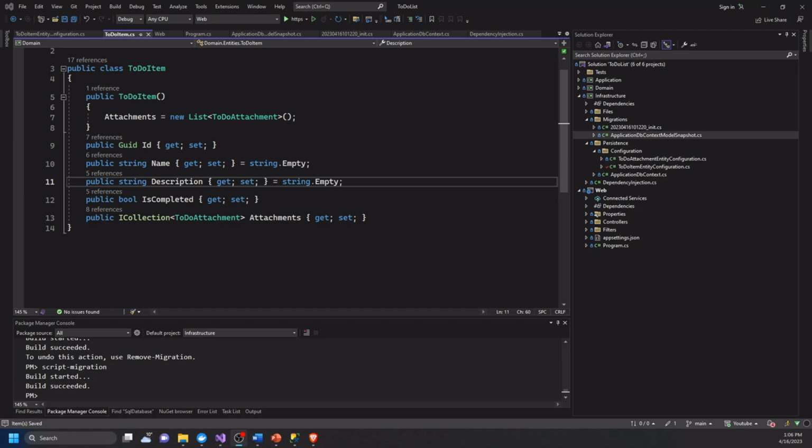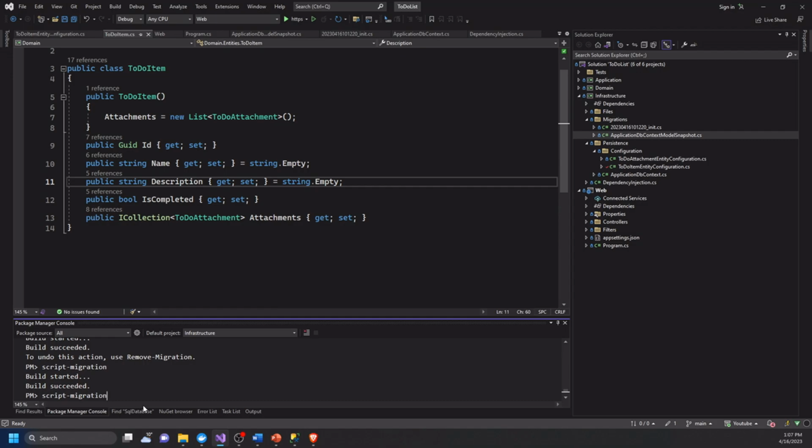Let's imagine a more business case scenario where we want to have our database scripted to an SQL script. So we can use it, for example, to deploy on some external machine where we don't have access because of a VPN connection or something like that. Or we just want to pass to our colleague a SQL database structure. So what we can do is just type the command script